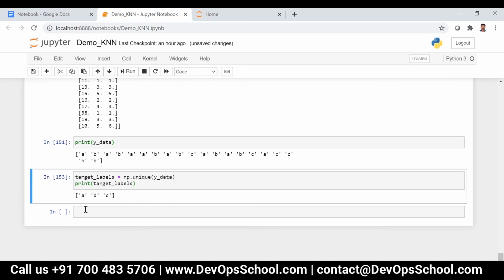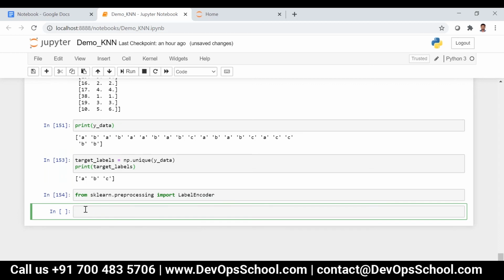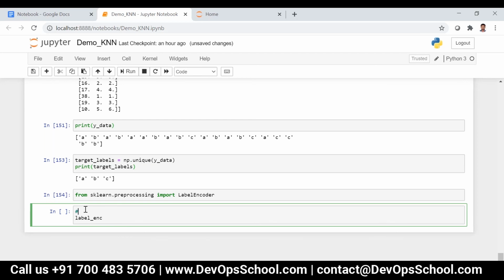Now I'm including from sklearn.preprocessing the label encoder. Here I'm going to encode the target labels.